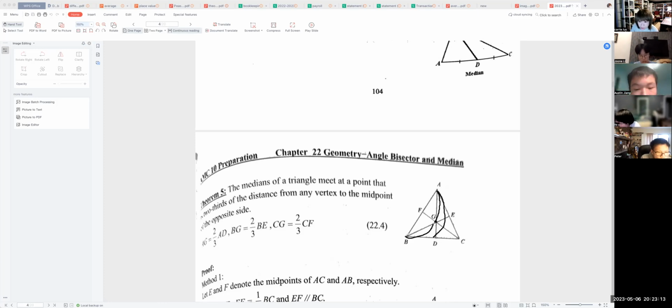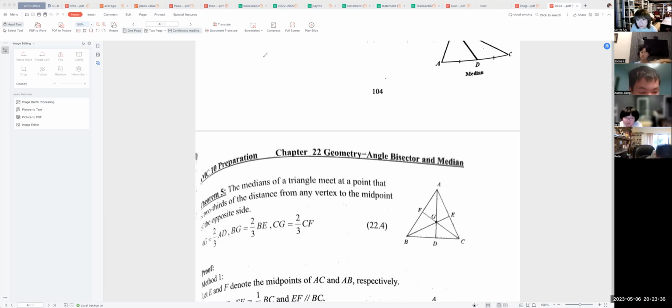BG equals 2/3 of BE. CG equals 2/3 of CF. OK，这个你可以直接用。这个点的位置是不是那个 median 对，是圆？中点。是不是内包圆的圆心？是内包圆。